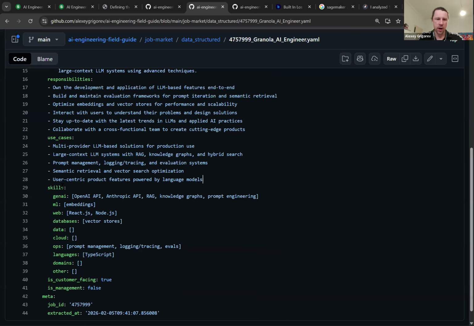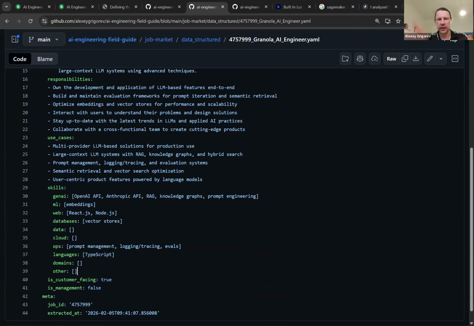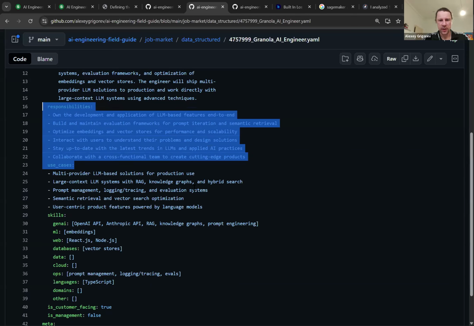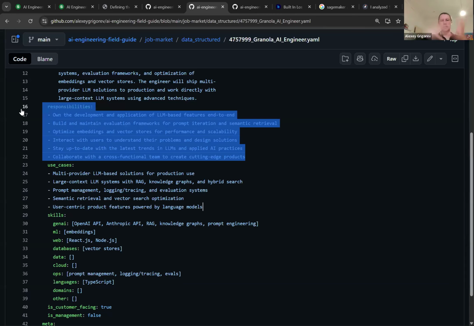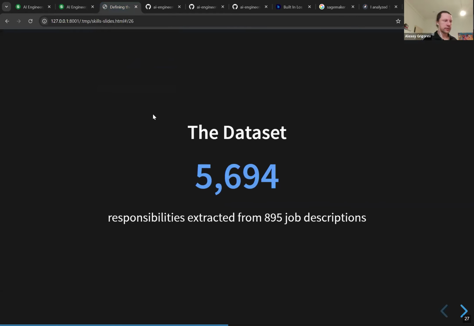And while for the first part I used Jupyter, actually analyzing this data is a little bit more difficult. That's why I used an LLM. For all responsibilities, I just concatenated all the responsibilities together in one single file. And then I used Claude Code to help me find patterns there, right? So what I'm going to tell you now is based on this kind of research, this concatenated file, and then a conversation with an AI agent.